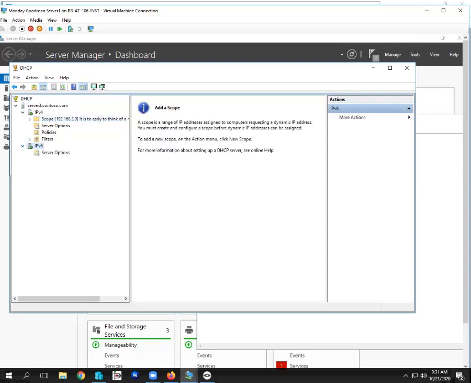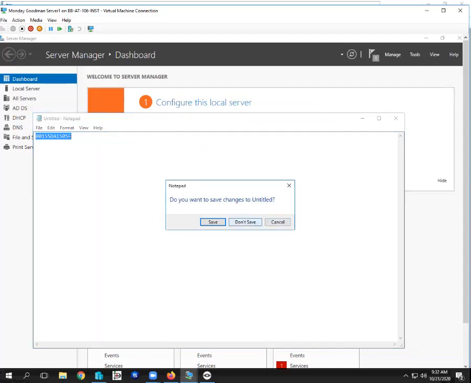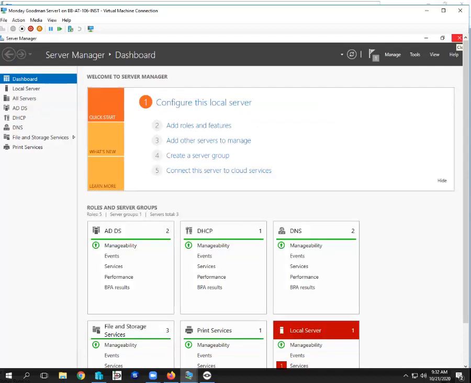IPv6. I think I want to play with IPv6 and DHCP, but I think I want to wait till Friday. I think so. So I'm gonna